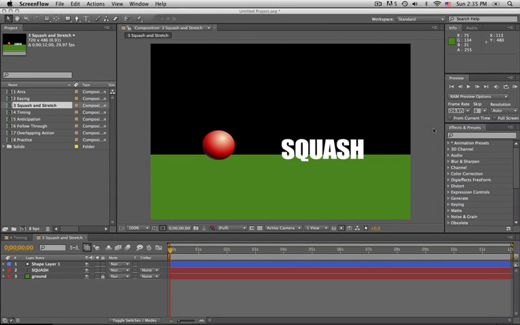Go ahead and open Comp 3, Squash and Stretch. If you've ever seen a Saturday morning cartoon, you're probably already familiar with the animation principle of squash and stretch. Squash and stretch has a huge amount of potential to really inject a lot of fun and playfulness into your animation. We can use squash and stretch in a strictly literal sense, to communicate something about the material properties of